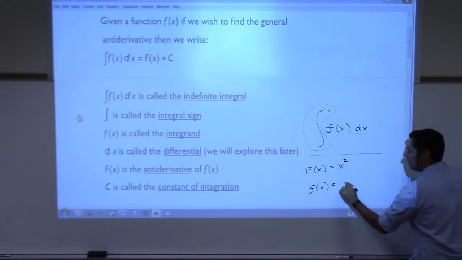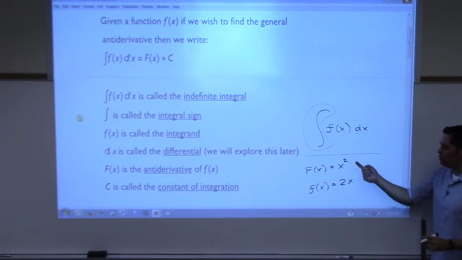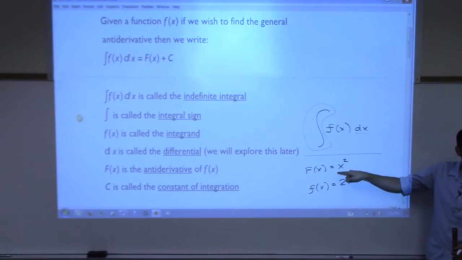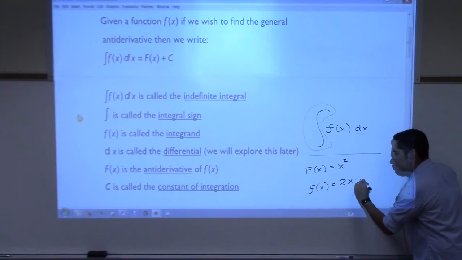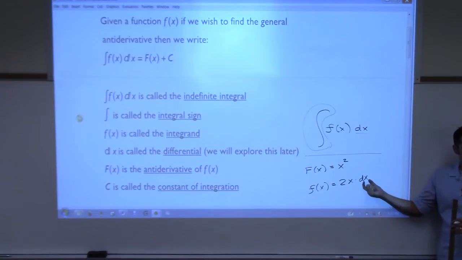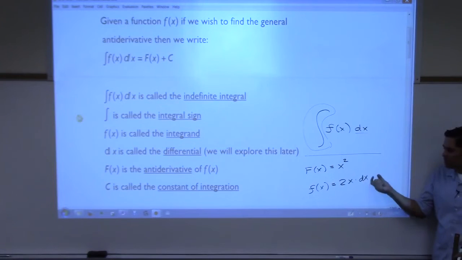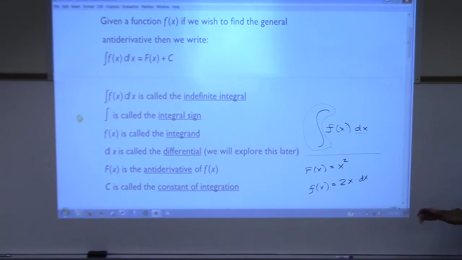2x, yes? But isn't it really 2x because of the power rule? 2x, right? And then aren't you supposed to take the derivative of what's in here, like the base? What's the derivative of the x in here? It's 1, right? It's 1, but I could write dx to let you know that I did take the derivative. It's just 1. So this is almost like a placeholder that keeps track of the chain rule. Can you accept that? So we're going to look at that dx as really being a 1, but in terms